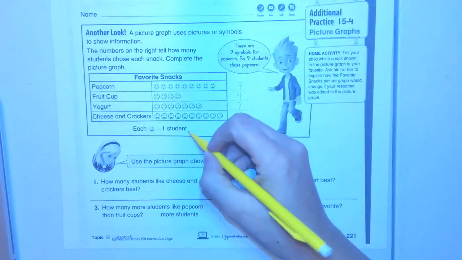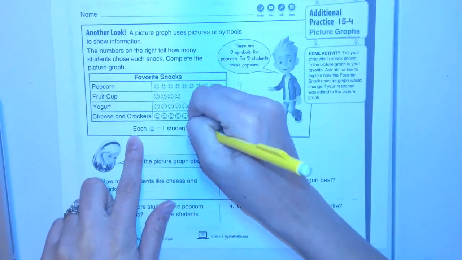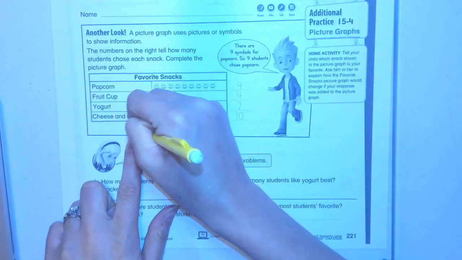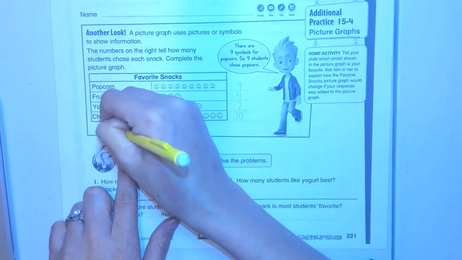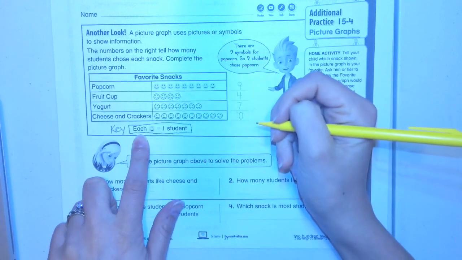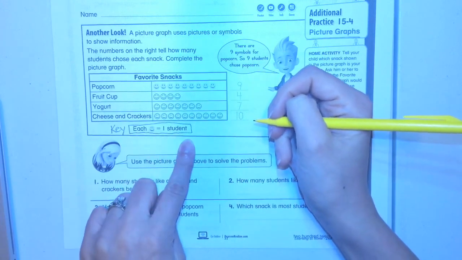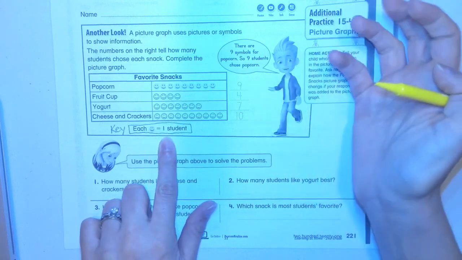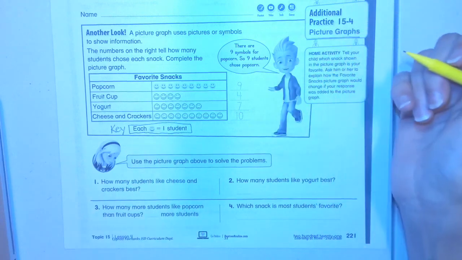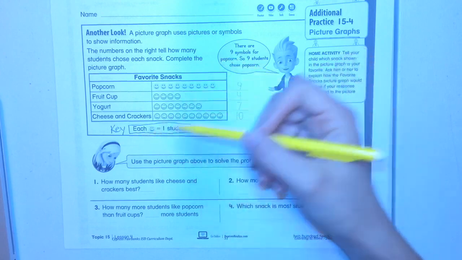So if you notice down here, this is the key. It's saying that, I'm going to label it key. Each smiley face equals 1. So sometimes they might have where each smiley face equals 2, 3, and you have to count by different numbers. But right now they're telling you that each smiley